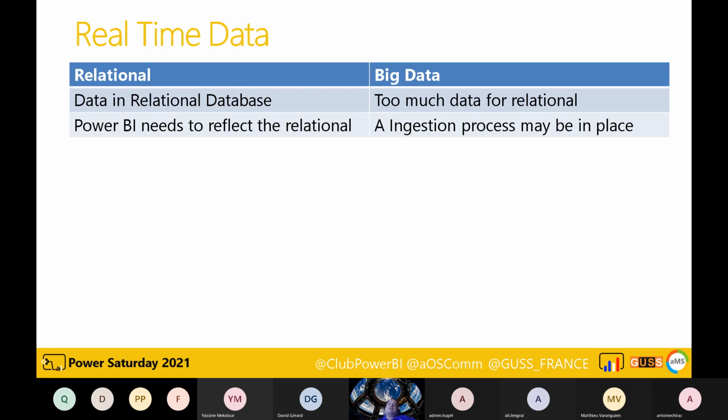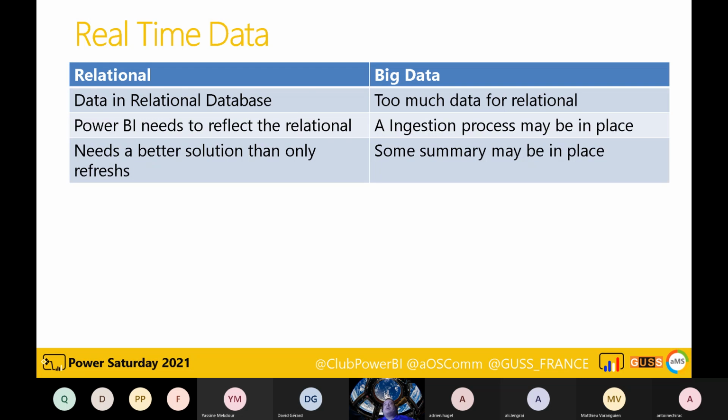But on the big data, when an ingestion process is in place, I just talked about the ingestion process, we need to summarize the data more. So, for the relational database, our need in relation to Power BI is to have a better solution than only keep refreshing the dataset. Auto refresh the page, you just saw we have an auto refresh the page every 2 seconds. But auto refresh the dataset